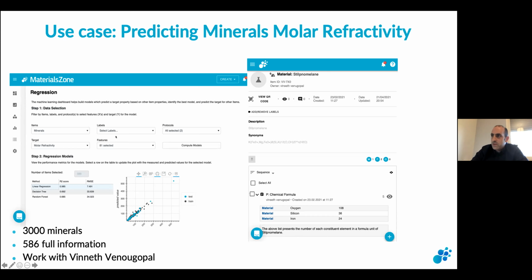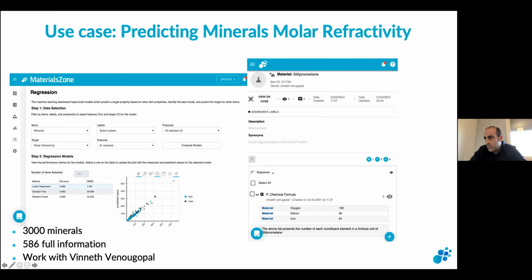Once this is loaded into the engine, it looks for the part that has both molar refractivity and chemical formula, and it splits the data set automatically into train and test sets, and simultaneously runs the 3 models, linear regression, decision tree, and random forest, and it gives you the rank. Once you see the output coming, you could click and use a 45-degree plot, and here you can see how nicely the linear regression works in this case. As you can see, the train set helps to predict basically the test.